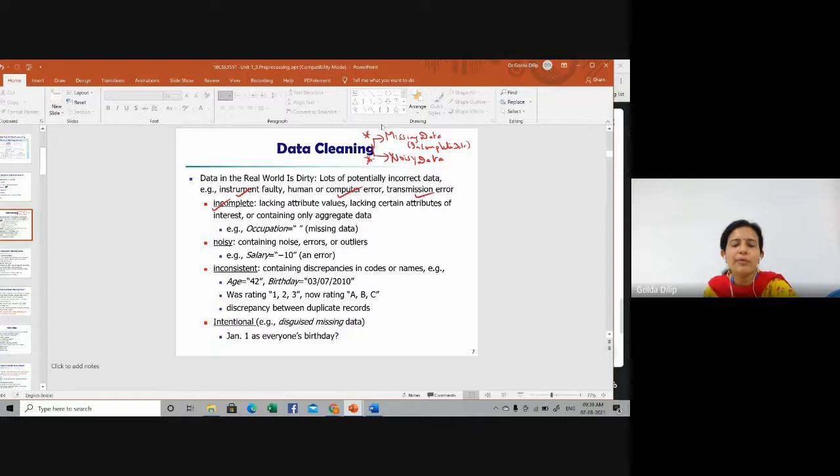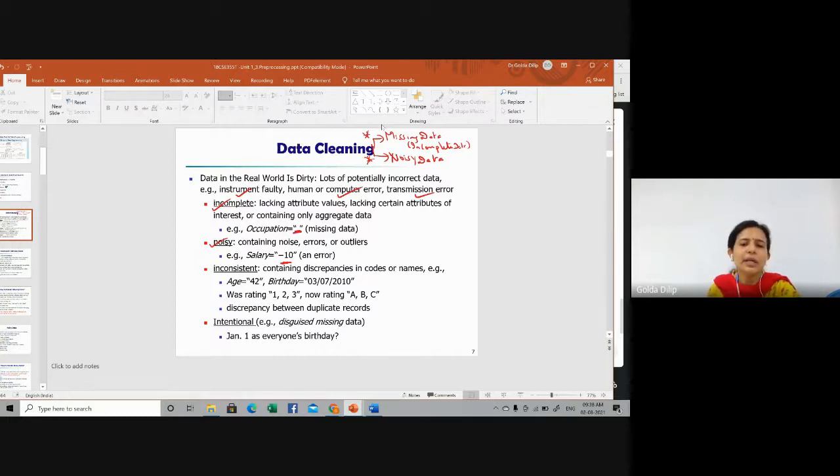For example, if occupation is one of the attributes, the value is not recorded, the value is missing. Or it has noisy data, outliers or errors. For example, for an attribute like salary, -10, salary will not be -10, so definitely that's an error. Or some discrepancies in the codes or the names.